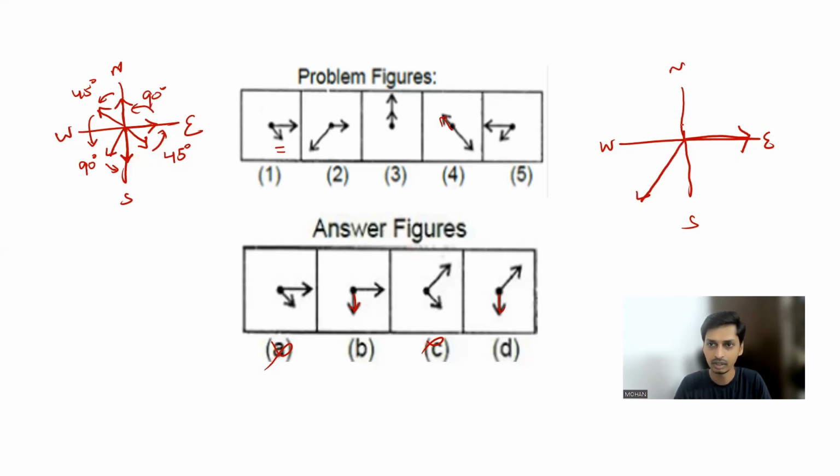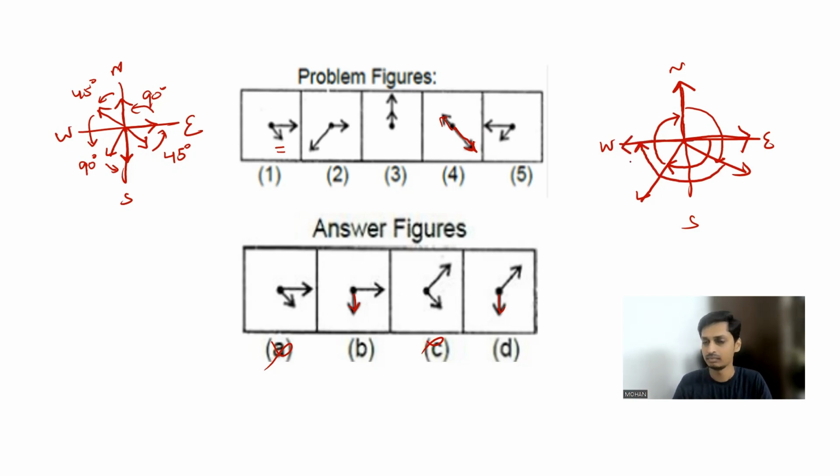In third, it is pointing to north. In fourth, it is pointing between what? Southeast, which means first it was pointing to east, then it is northwest, which means it's a 135-degree clockwise movement. And again another 135-degree clockwise movement. Then another 135-degree clockwise movement. Then again in fifth picture, you could see it is pointing to west, right? So another 135-degree movement, you could see that needle in western direction like this.